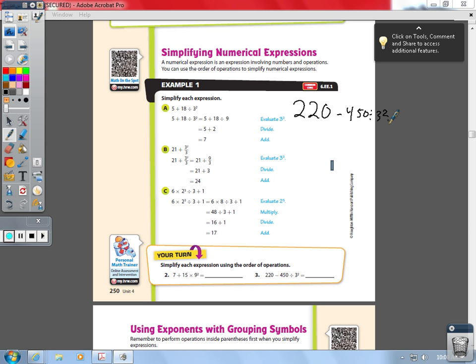Okay, so what we have is 220 minus 450 divided by 3 squared. The first thing we need to do is the power. So 3 squared equals 9. So 220 minus 450 divided by 9. Well, I know 9 goes into 45